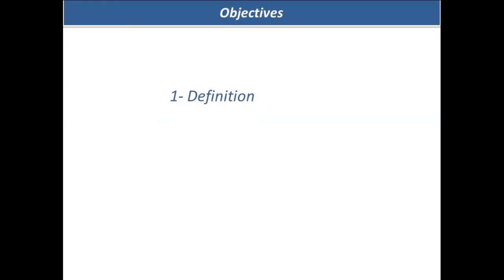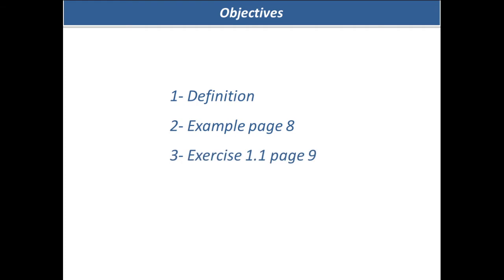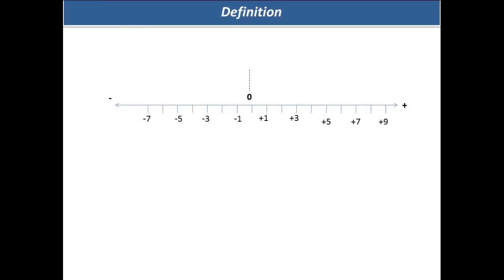So objective: first we define the subject, we make some examples, and we go to exercise 1.1 on page 9. Definition: this is the line of numbers. As you know before, I think, 0 is exactly in the middle. From this side are the positive numbers going in this direction, and from this side are the negative numbers going